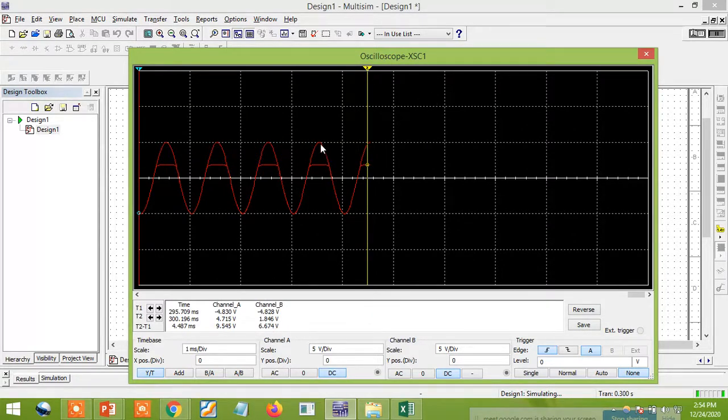If you want to see the input waveform, just click on this input waveform. Now you can see that. The positive value here is maximum. But now you need to see across channel A, because channel A is my input, 4.94 volts. When it comes here, this is minus 4.9, meaning minus 5 volts. It is changing from minus 5 to plus 5 volts continuously. These are the voltages, and if you click on here I can easily see my output voltages.